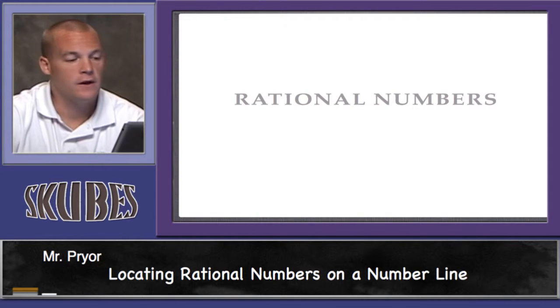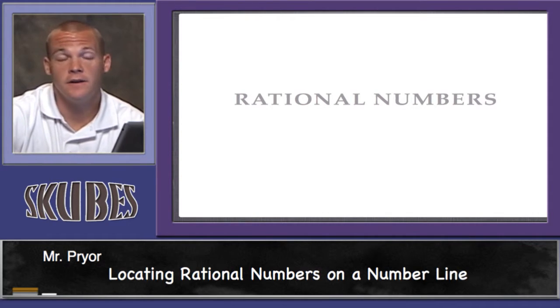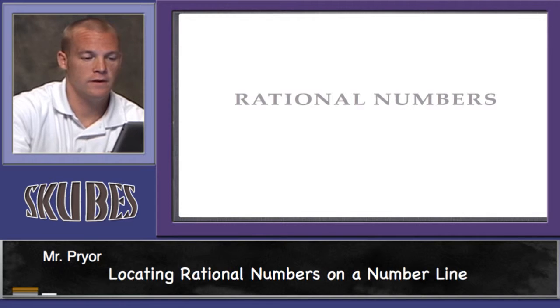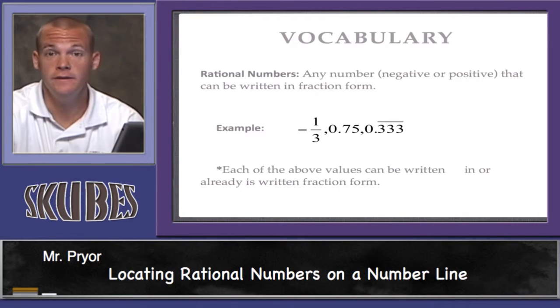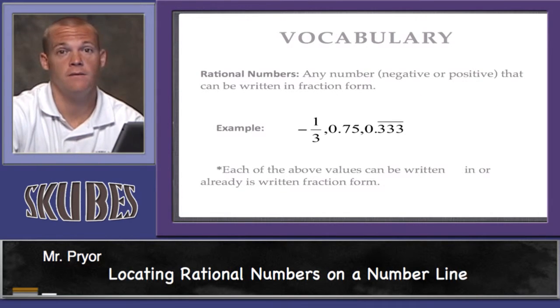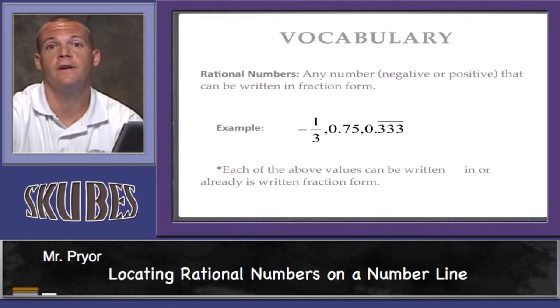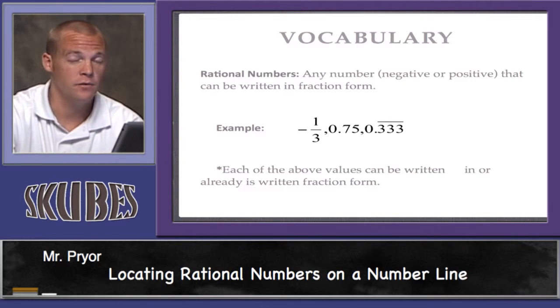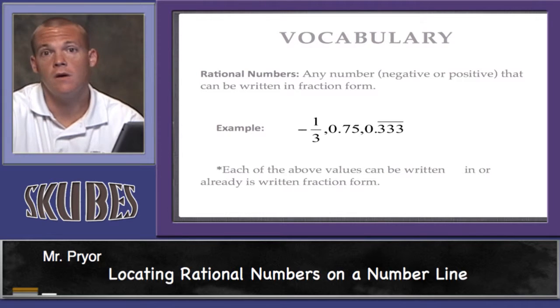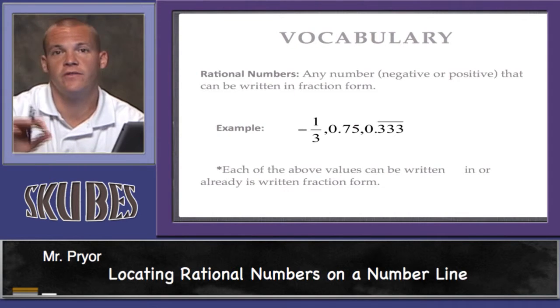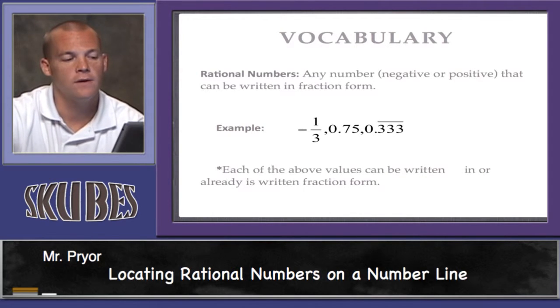I'm going to be talking to you about rational numbers and identifying them on a number line. All right, before we do that, we need to figure out what a rational number is. A rational number is simply a value, negative or positive, that can be written in fraction form. So pretty much any number out there. There is a set of numbers called irrational numbers that you'll learn on down the line, but for right now,